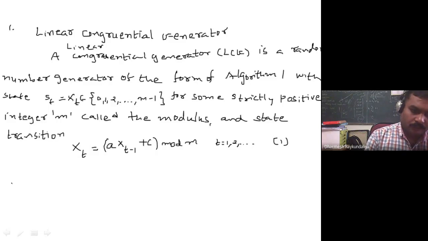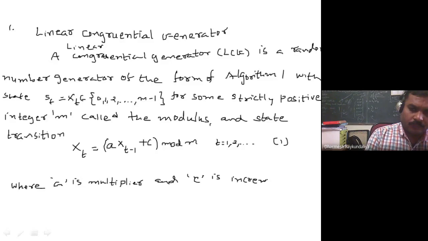Here a is the multiplier and c is the increment, and both a and c belong to the state set, that is, a and c are integers.